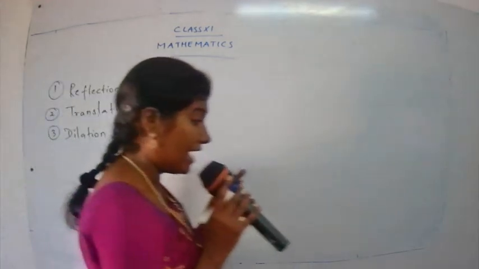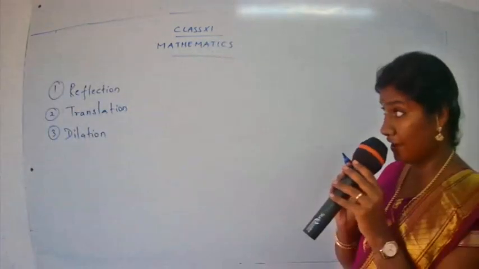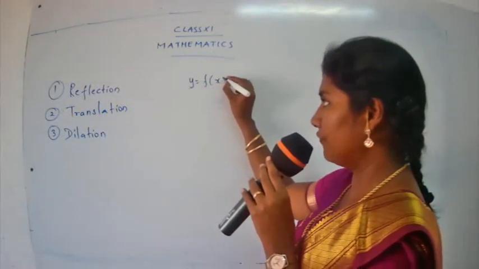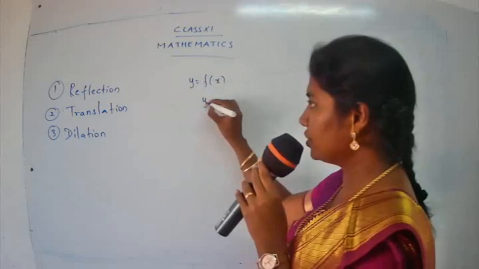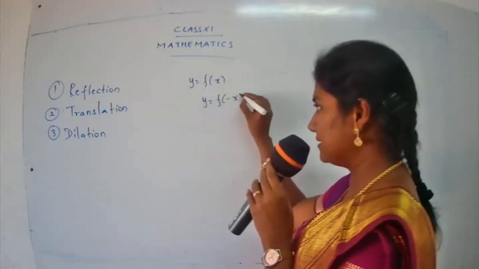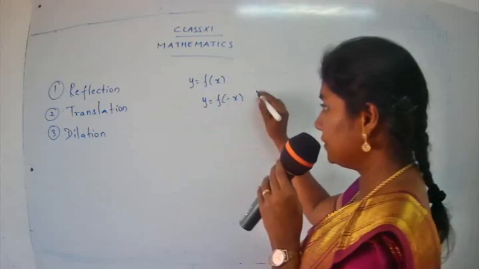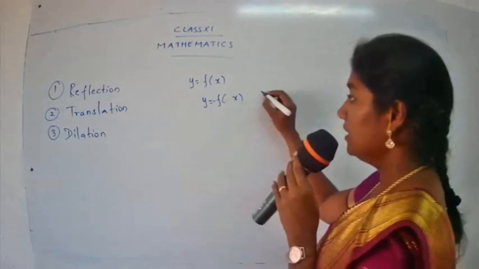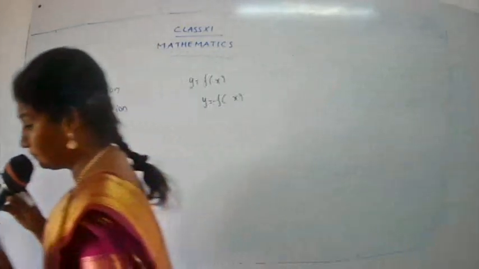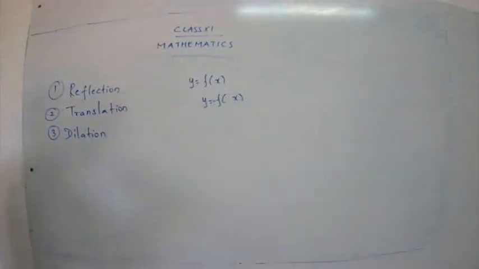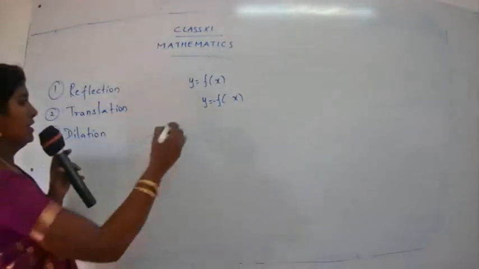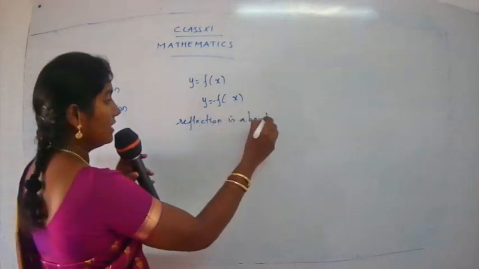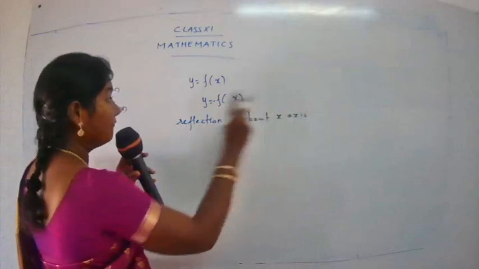of reflections. That is, we were having three useful reflections. One was like that: if you have a function y is equal to f of x, and you get a new function y is equal to minus f x, where is the reflection? The reflection is about the x-axis when you have the minus outside.